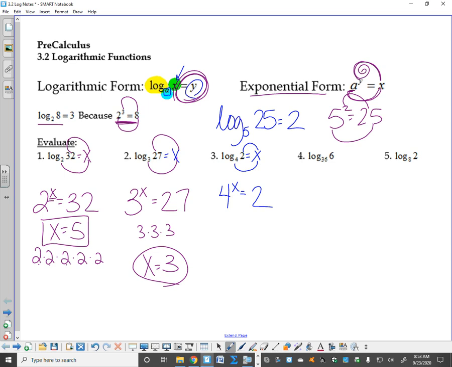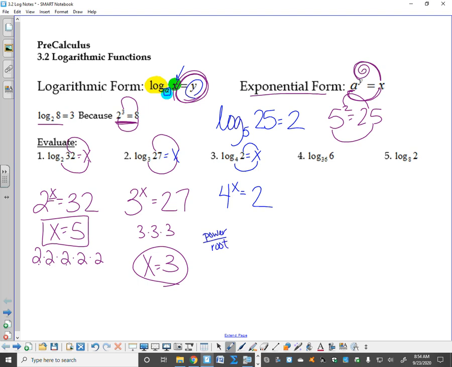Okay, now this is different because I'm taking a 4. I'm raising it to a power and I want it to get smaller. Okay, well remember, when you have a power, it could be a whole number or it could be a fraction. And if it's a fraction,